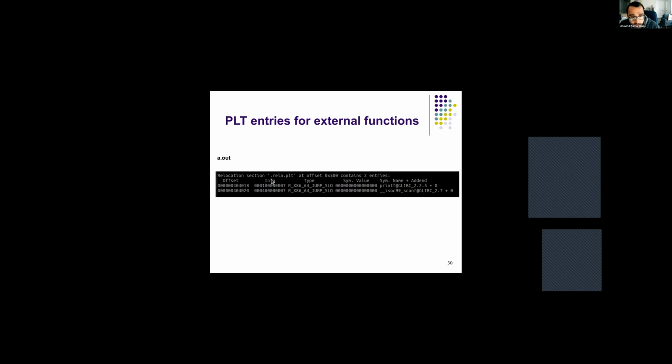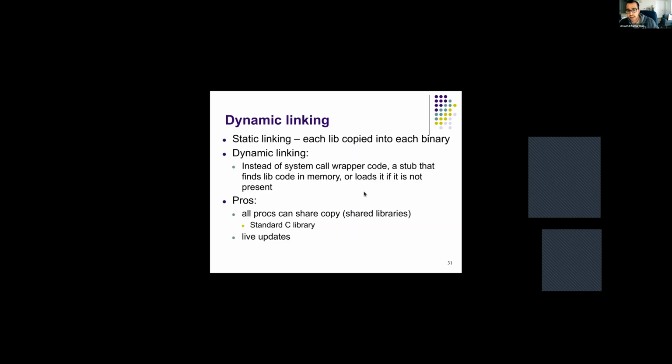And then the PLT, which basically contains the external functions that are called by the executable. They are put into the PLT section, which contains the names of the functions called by the executable. Like we call printf and scanf, so there are two entries. If we called different functions, we would have those entries in the PLT as well. Okay. And then once we generate this and actually execute it,